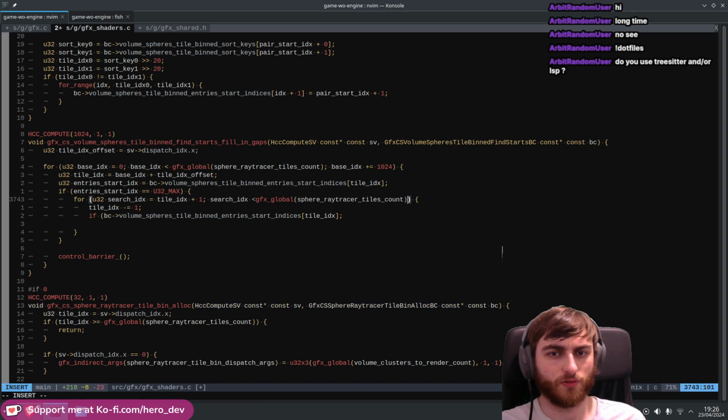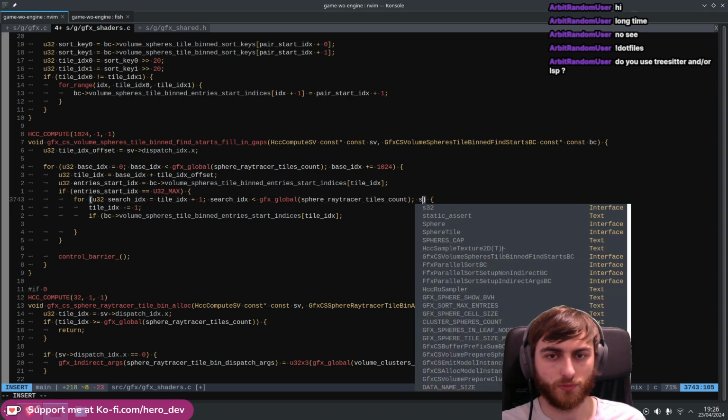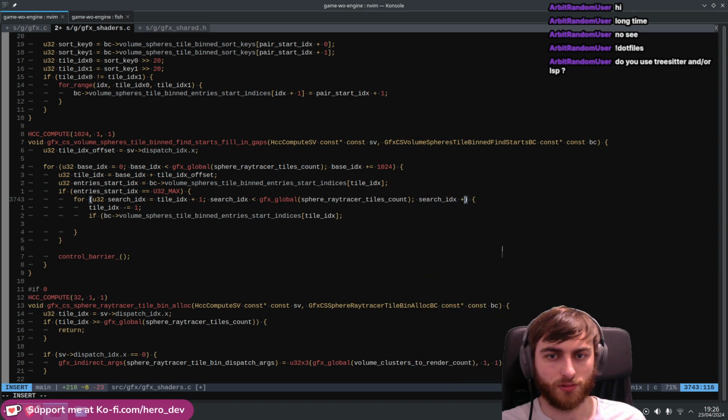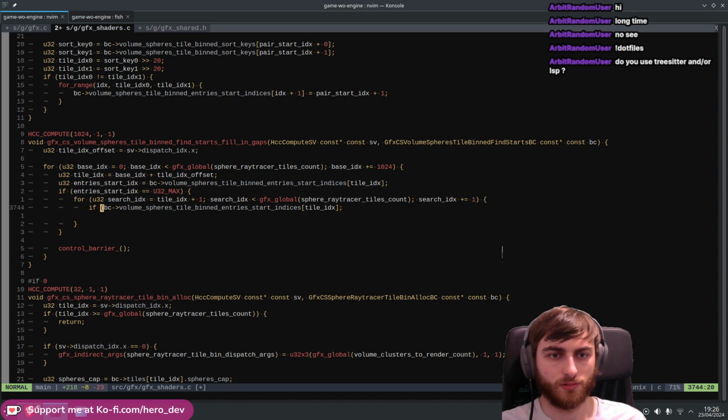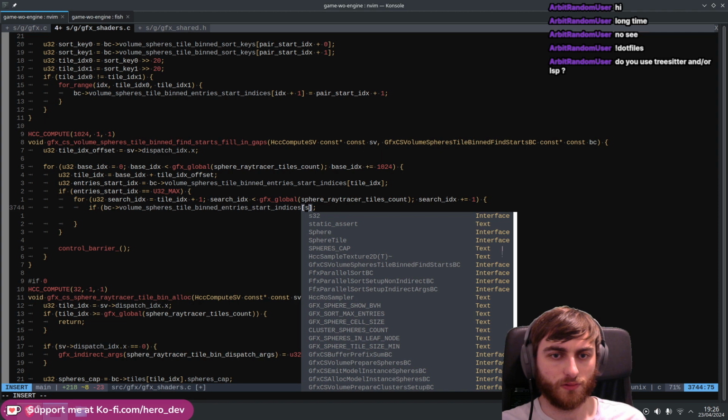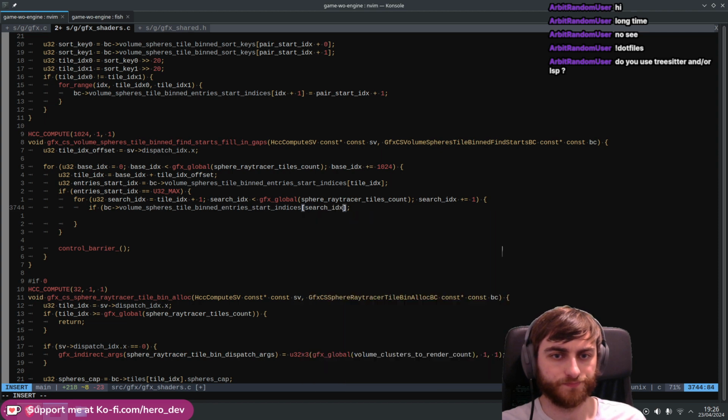Now I'm just going to search for the next active one because we just need it to work right now. And we can see how bad it is later. Right, search index. So if this value is valid,